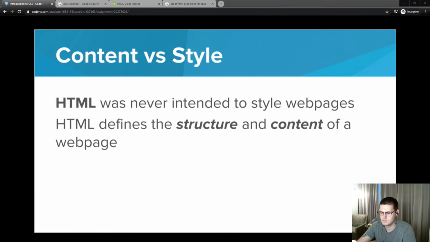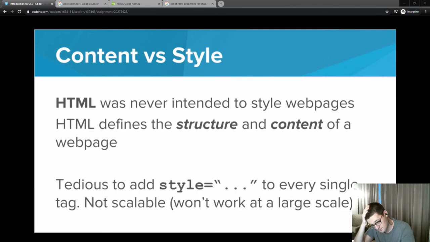But then as computers got farther along and the internet became very popular and browsers started being able to render all these different colors and styles, style ended up becoming a huge part of web pages. And HTML just wasn't designed to be able to handle this new styling. And it tried. It came up with these formatting tags, it added the style attribute so we could add color, but the problem is typing style equals quote and then adding all these style properties is just very tedious and